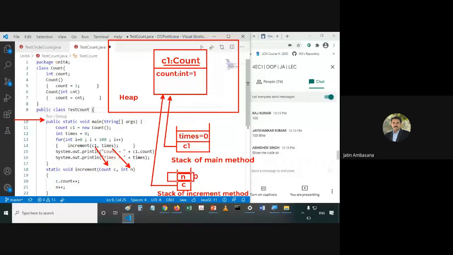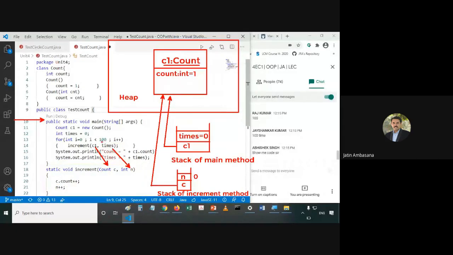This n does not have anything to do with this times. It is not that the name is different; the scope is different. The scope of the n variable is local. n is a local variable to this increment method. So whatever changes we make to n do not get reflected onto times.